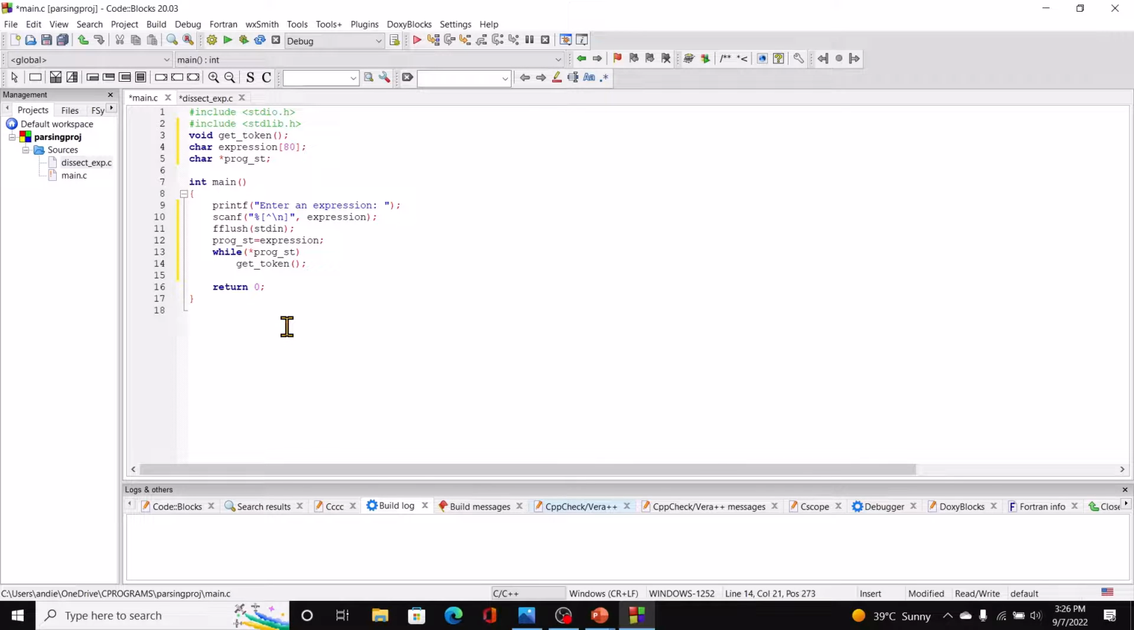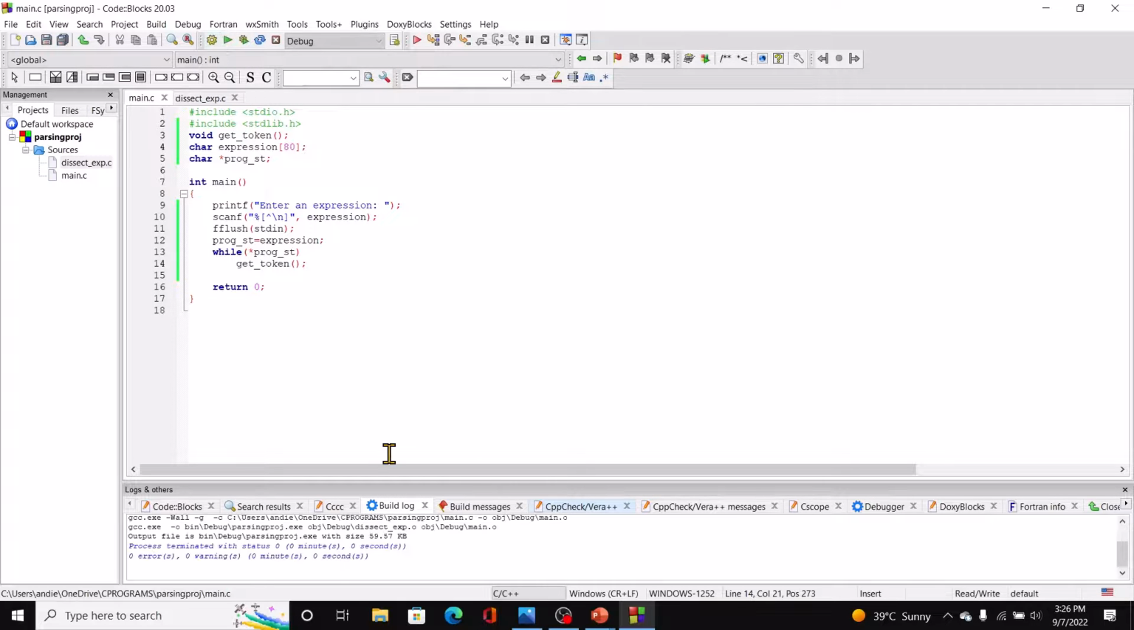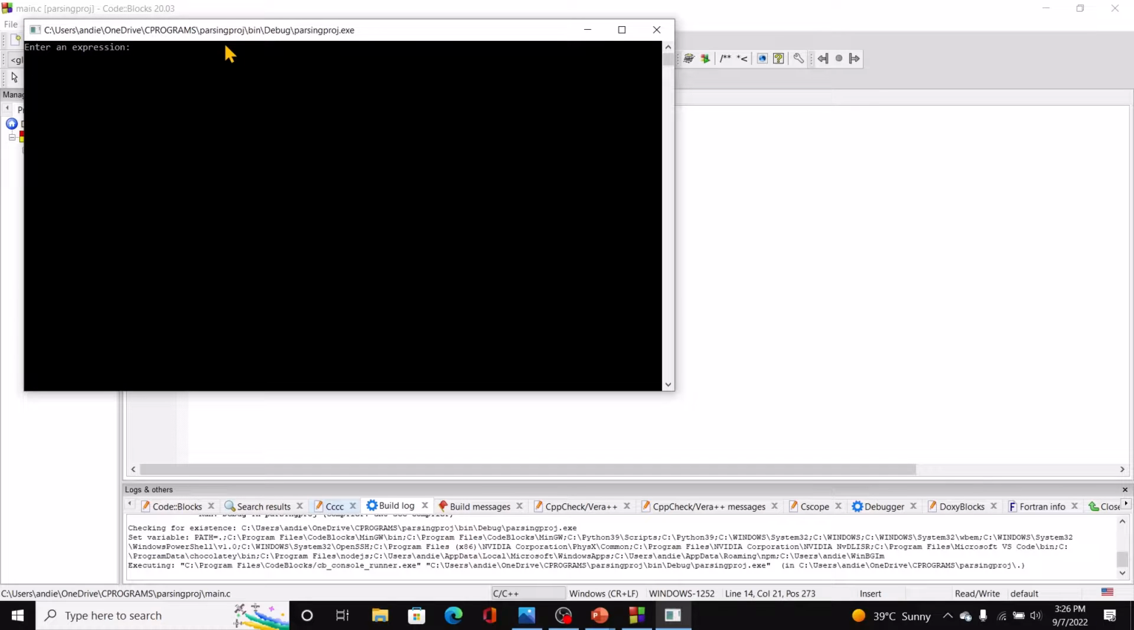So now we need to build this project. Let's click on this button. You want to do it separately, that is. Then we get 0 warnings. Once we have that, then we can run it. So enter an expression. Let's say Z plus 100. Let's say minus W multiplied by L